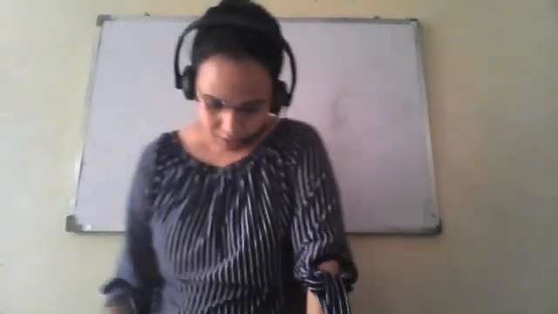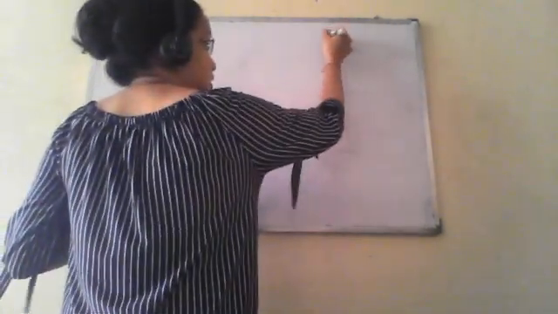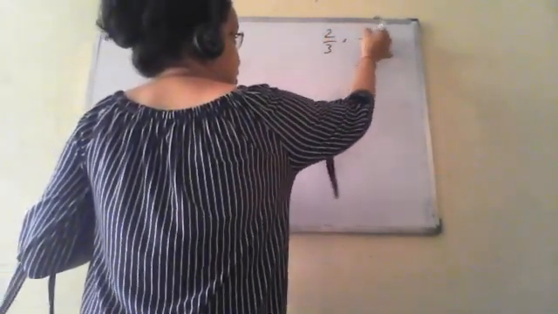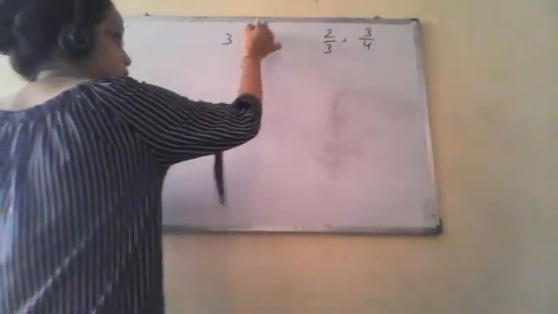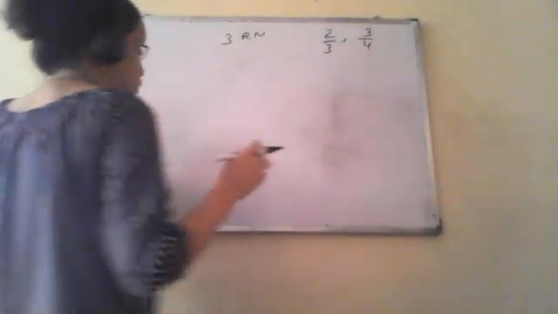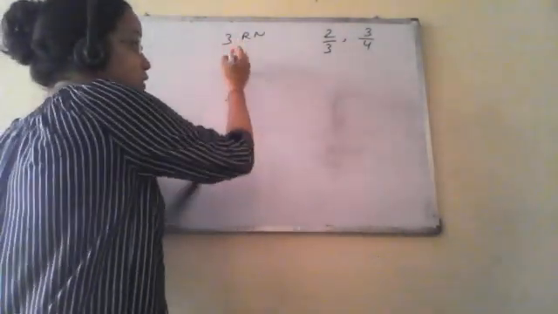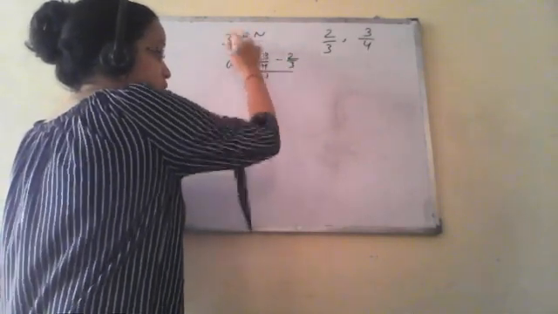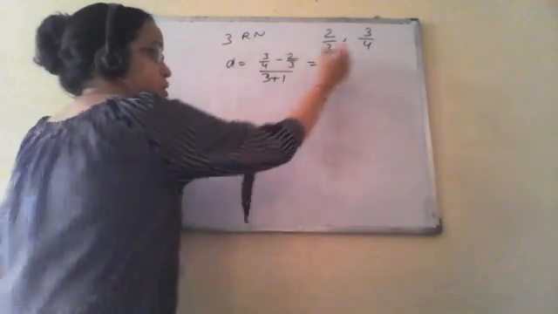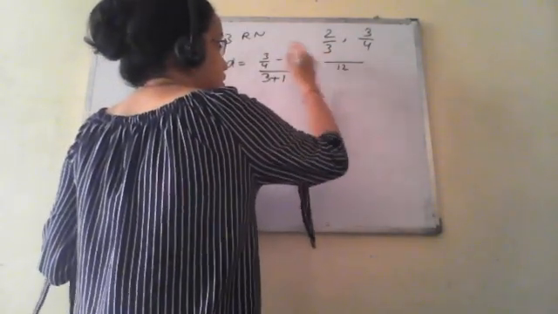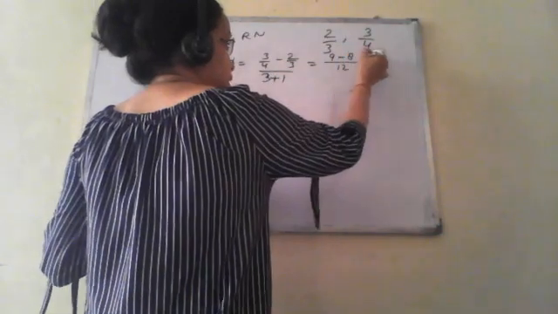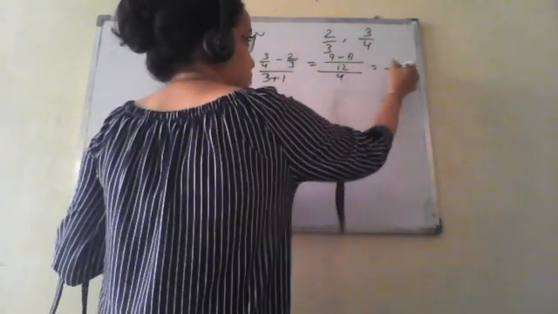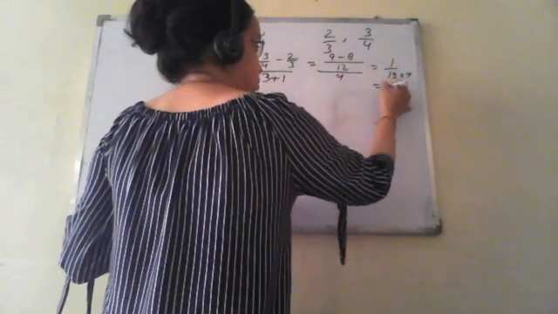I hope this method is clear to you. We will take one example. You have to find three rational numbers between 2 upon 3 and 3 upon 4. So what we have to do? We have to find d, that is 3 upon 4 minus 2 upon 3, upon n plus 1, that is 3 plus 1. So the numerator value will be 9 minus 8 upon 12, over 4. So it has become 1 upon 12 into 4, or 1 upon 48.